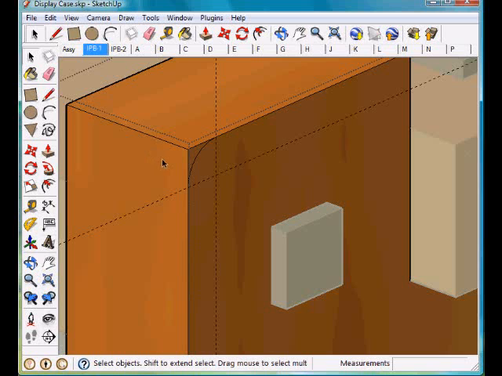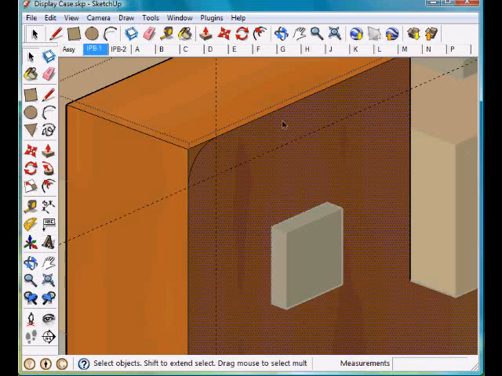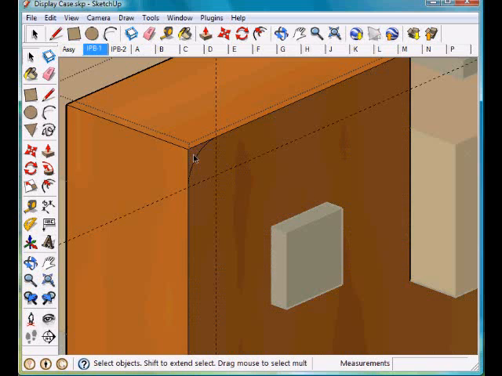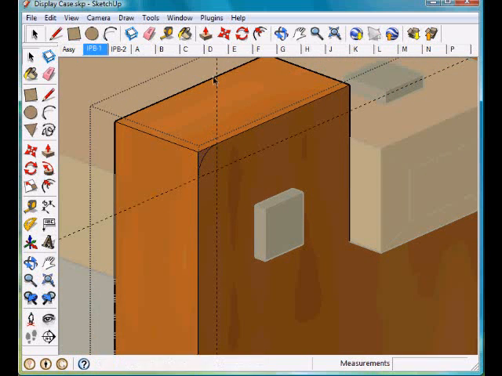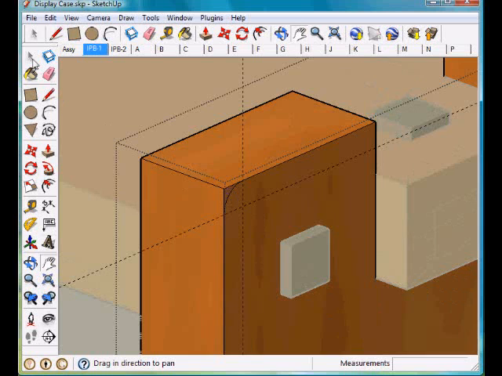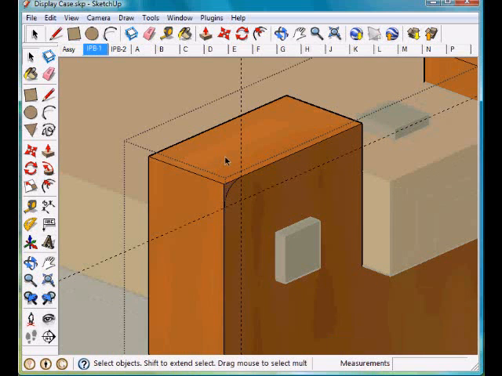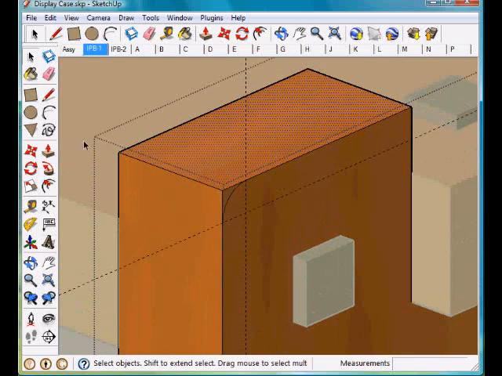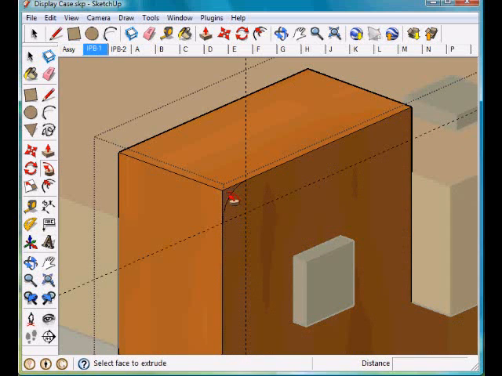What I was explaining before in the posting on the web, I want to make sure, click this, you notice this surface has been segmented. This is not selected. I can click that and it's segmented, so I know that this arc is on this surface. The follow me should work correctly. The next thing I'm going to do is use the select tool to select that surface, use the follow me,